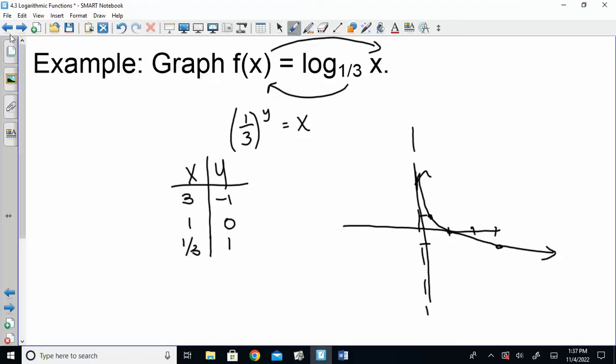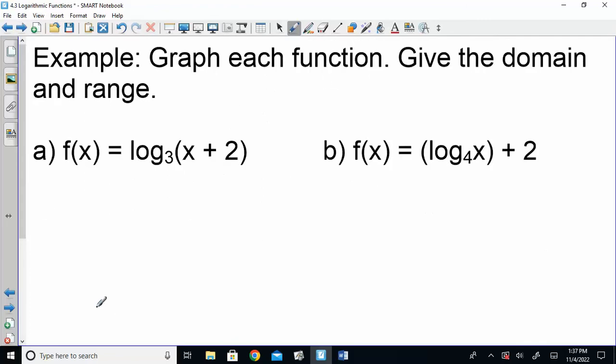Let's do a couple with transformations and then I'm done. So I have 2 examples left. If we need more, we can do more. If we've got them, then you can work. So I want to graph each of these, do domains and ranges. So my recommendation, just like when we did exponentials, we always graphed the parent function and did our transformations from there. My parent function is just